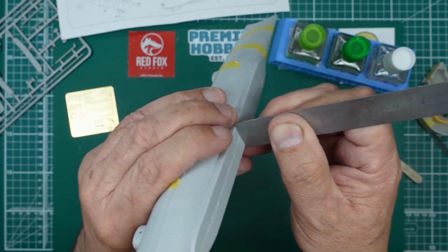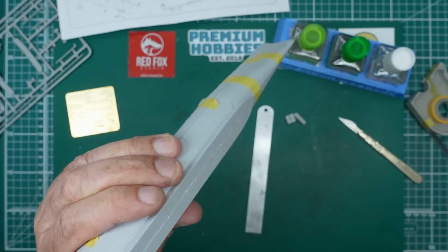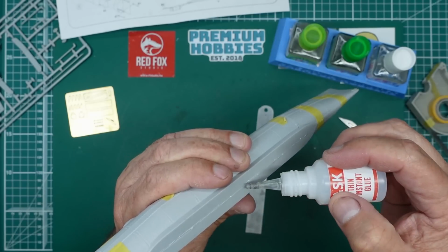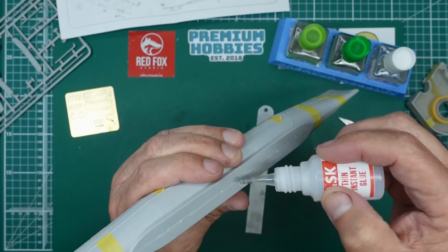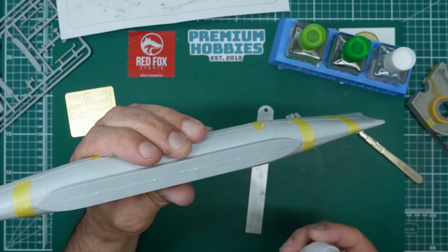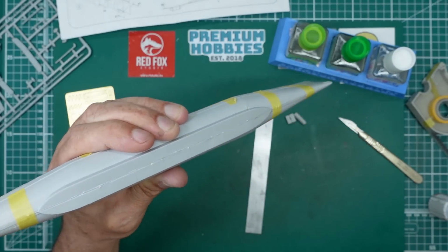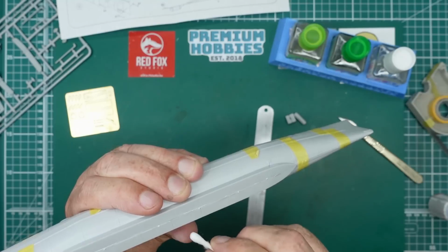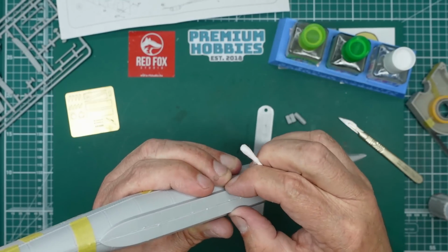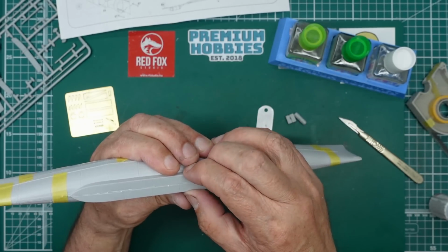As you can see there is a slight bow in the middle, but I'm going to hold that there and I'm going to do something you should never do. I've got a bottle of super glue here and I'm just going to put a blob in there like so. You should never do that straight out of the bottle. You run the risk of making a right mess. And then I can grab a cotton bud and just remove the excess, and that will lock it together. Just going to hold that,